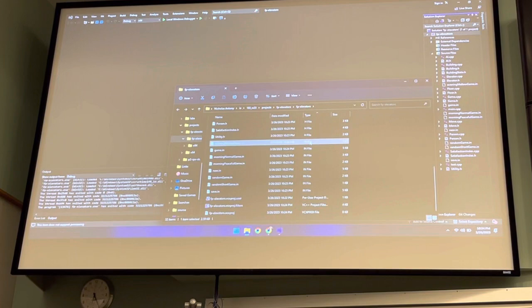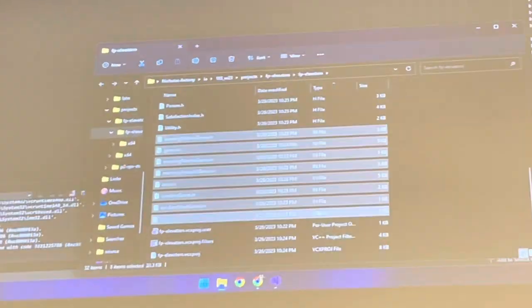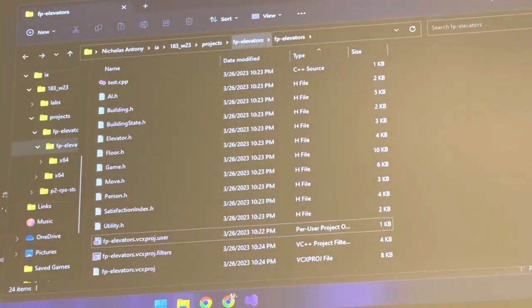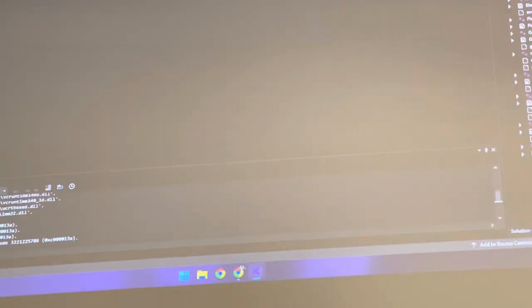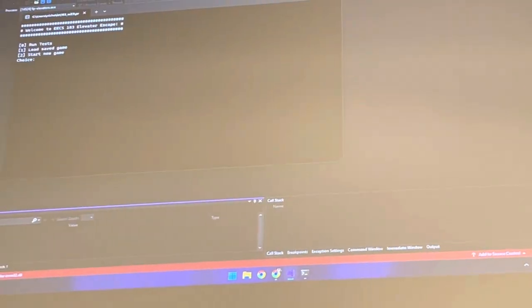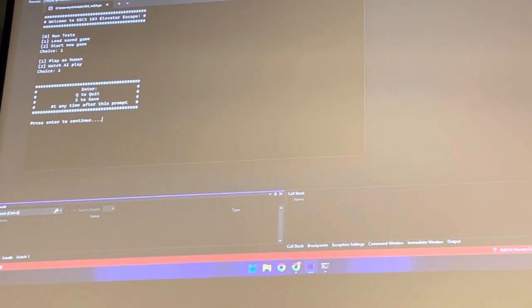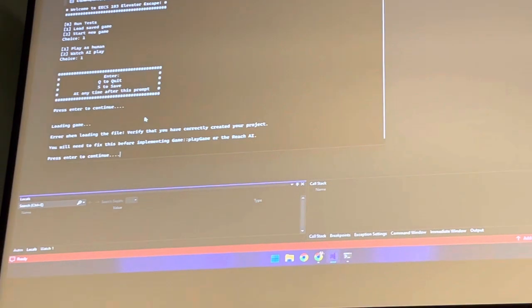and maybe I decide I want to move them all outside of my working directory. So maybe I'll put them back in the incorrect folder here. Now if I try to run my project again, you're going to see a slightly different error. I load the game, I watch, and I click enter, and at least in terms of Visual Studio,